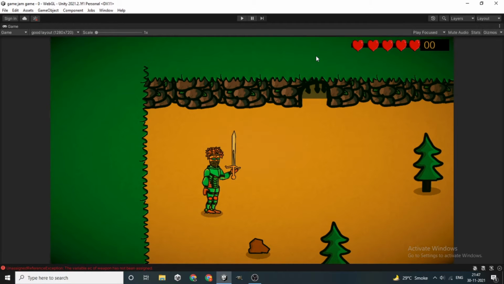So I am here in Unity and I have this character with a sword, which we are going to turn into a melee weapon handed character. But before that, let me explain how we are going to do all this. Let's take a player. For this purpose, I am going to take a circle for now. Let's add a hand to it. And let's give it a sword.